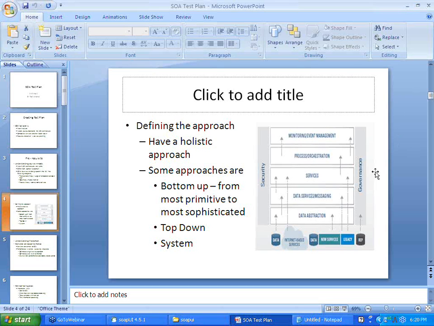So the challenge here is that these services have to be tested first, and the services do not have a fixed UI, and the services can be of any type of design because they allow heterogeneity. They can be designed on any platform, they can be of any type. So how will your test plan change? How will your test case change? That is what we are going to see.